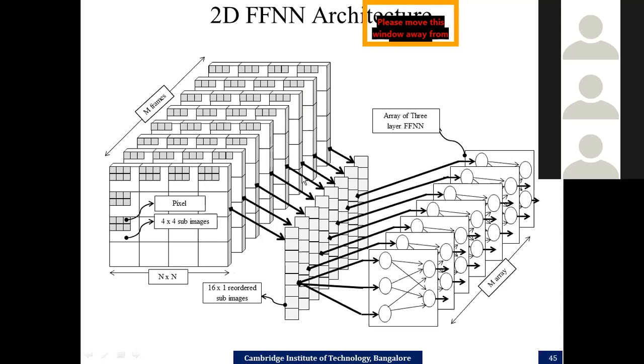Then, what is also done is, after taking each of the frames separately, because we are trying to process video frames separately, to convert all this 2D to 1D, you have multiples of FFNN architectures, and we call it a 2D FFNN architecture. Using the 2D FFNN architecture, you are able to process multiple frames simultaneously. Okay, that is another structure which is using parallel processing for implementation.